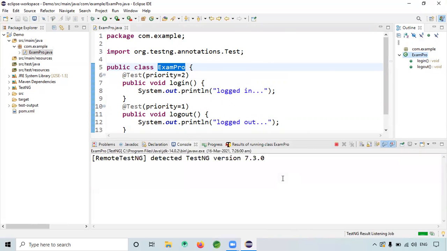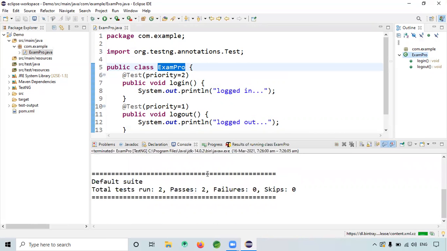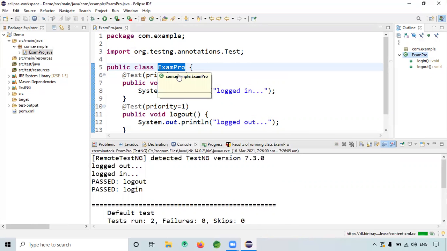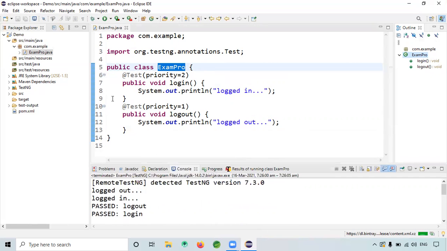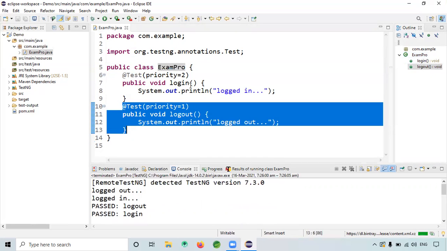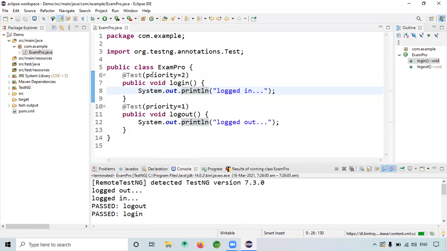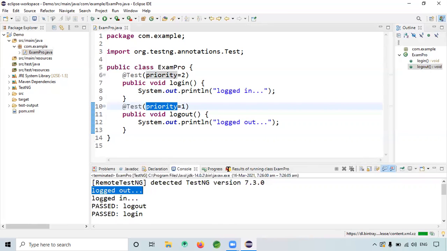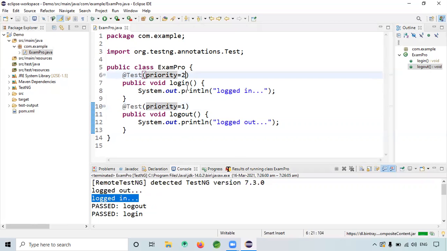In TestNG, actually, we don't write a main function, right? Without that itself, it got executed. Yes, we have not written any main function, we just need to mention the methods with the annotations. See, here I've given login as the second priority and logout as the first priority. If you observe here, the first one it gave is logout, second it gave login. Like that, we can give the priorities.